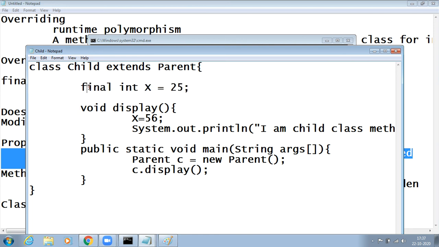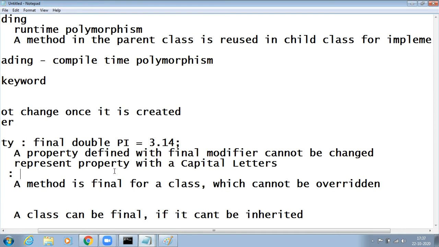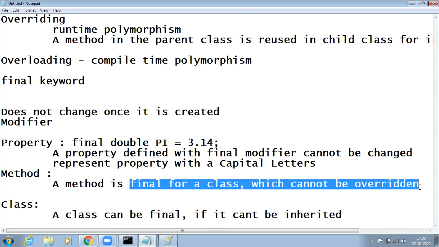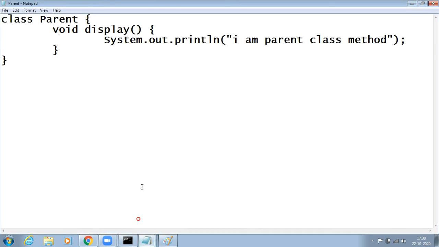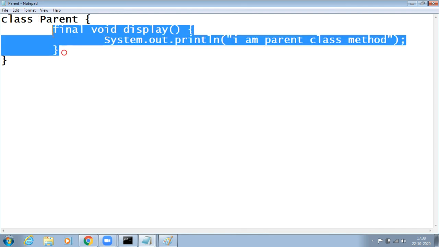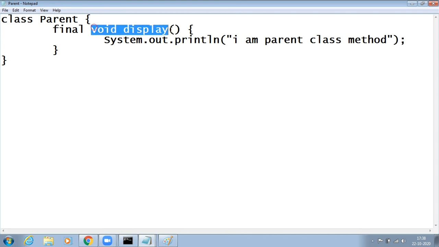Coming to the next one, final method. A method is said to be final when the method cannot be overridden. It means if you create a final method in a parent class, for example if this display method is made final, final void display. If the parent wants to restrict this method from being used in the child class, then the parent will create the display method with the help of the final keyword. If the parent class creates a final keyword before the method,